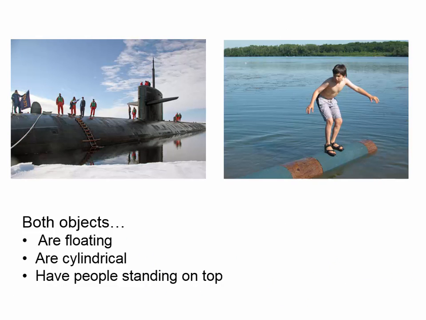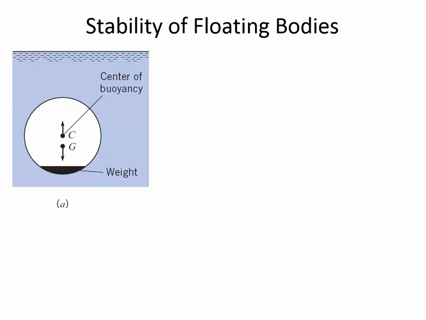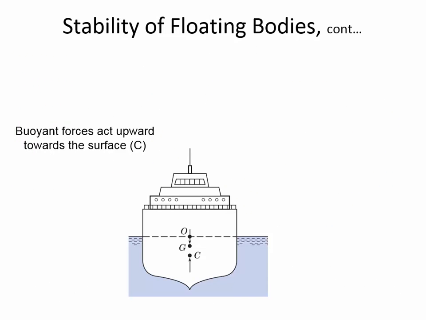And let me go back to the earlier example we were looking at in the previous class. In the previous class, we had this drawing. And here, it was stable because the center of gravity is below the center of buoyancy. And so this is very stable. But what we're saying is that you can even have the center of gravity above the center of buoyancy, like we have with this ship,